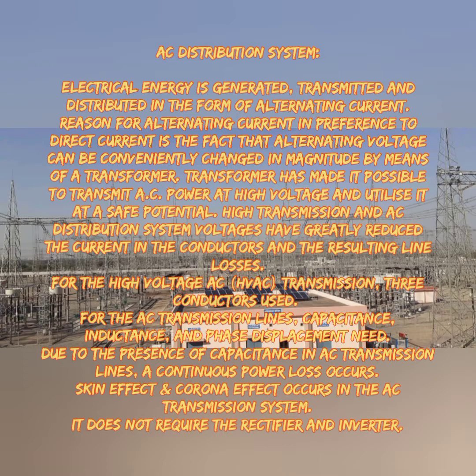Electrical energy is generated and then transmitted and distributed in the form of alternating current, that is shortly known as AC. The reason for using AC is that the alternating voltage can be changed according to your magnitude by means of a transformer. So a transformer is used for stepping down and stepping up your voltage. If you are going for long distance transmission, at that time we need to step up our voltage to reduce the losses. So in this way a minimum loss of transmission can be achieved by using the AC system.